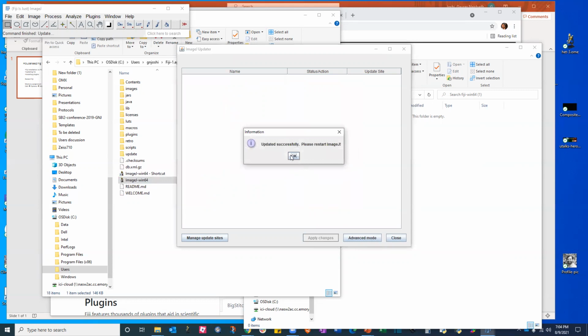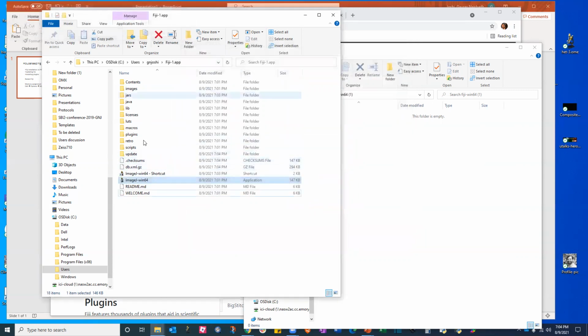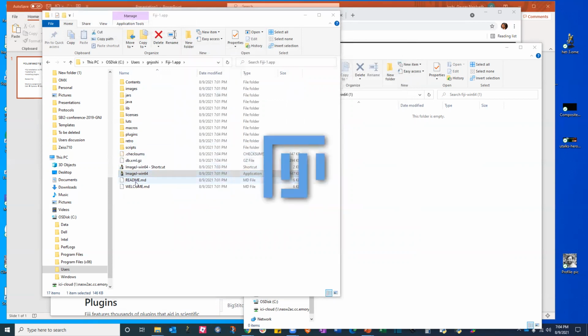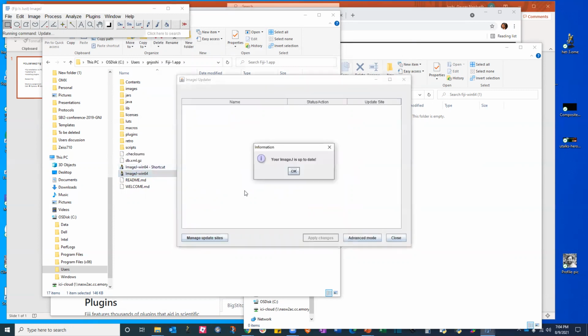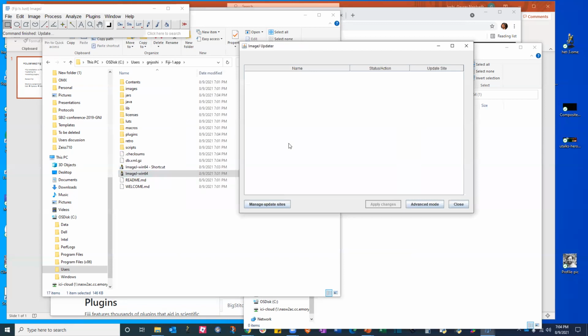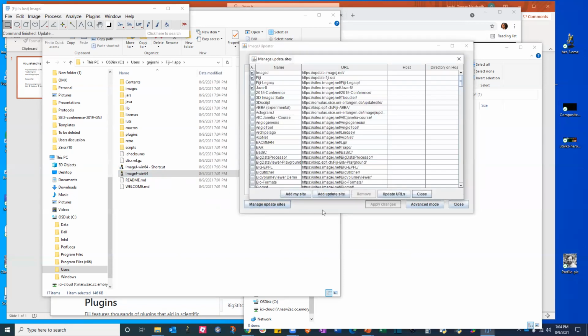Okay, and next time once we restart Fiji, so I'm going to restart it as they asked me to. So I restarted Fiji, and what you can do now is go back to help, update, and it will tell me, well, there is nothing left to update, right? Which is perfectly fine, it's updated. Now here's where there is something to learn, which is how to install some of the plugins from the update sites, right? So you can click on manage update sites